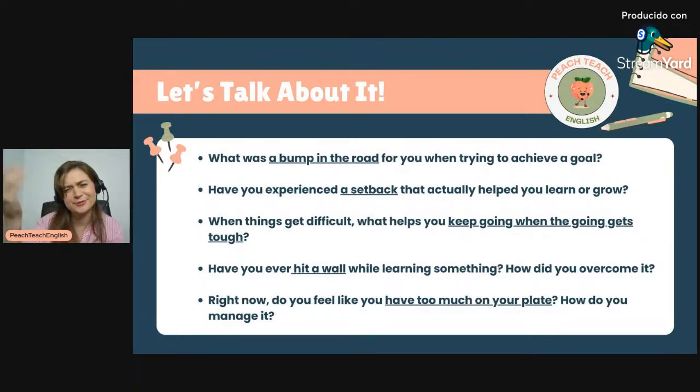So what about you? Do you think you have too much on your plate? Let me know in the comments. And guys, that's going to end all the conversation questions with these 10 expressions. Even if you didn't share them in the comments, I really recommend trying to make some examples and use all of these vocabulary words. This is how we take new information and put it into our long-term memory, by connecting it to things that really matter to us.